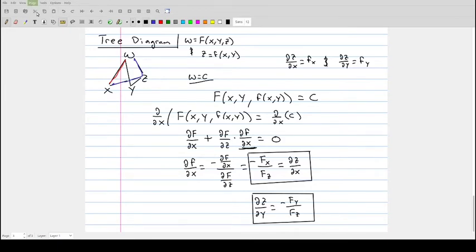So let's go through and look at an example. Specifically, we'll consider the level surface